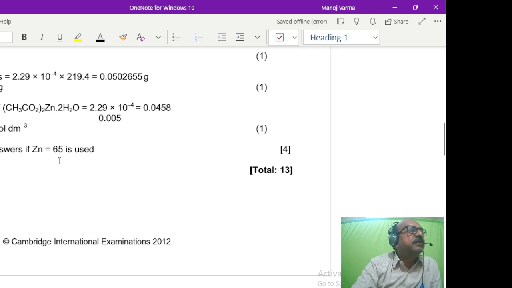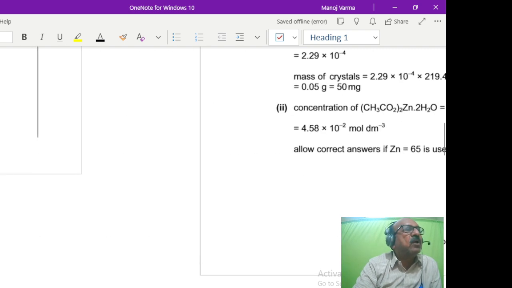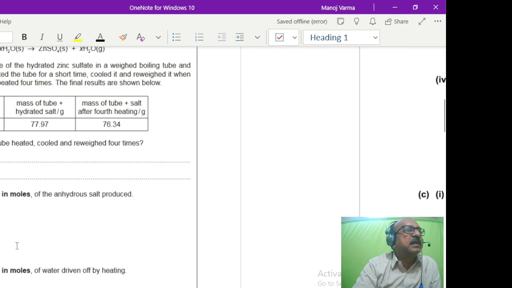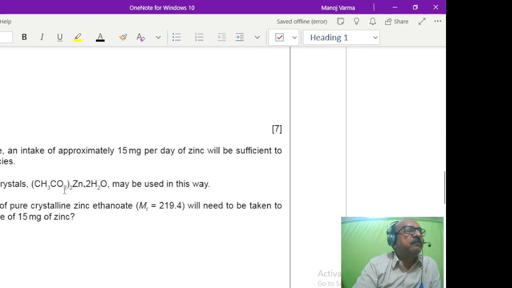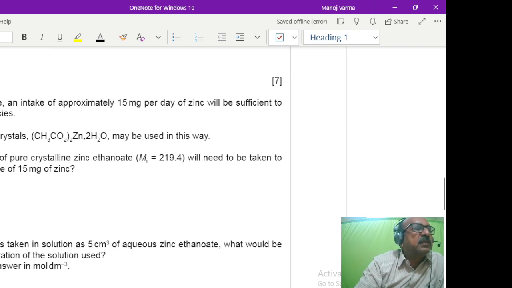Which actually means that if you take 50 milligram of your salt, that is the zinc acetate, 50 milligram of this zinc ethanoate, then in this 50 milligram, 15 milligram of zinc will be present, so it will be sufficient for your requirements because you require 15 milligrams. So if you take 50 milligram of this, it will be sufficient to give you the 15 milligram of zinc